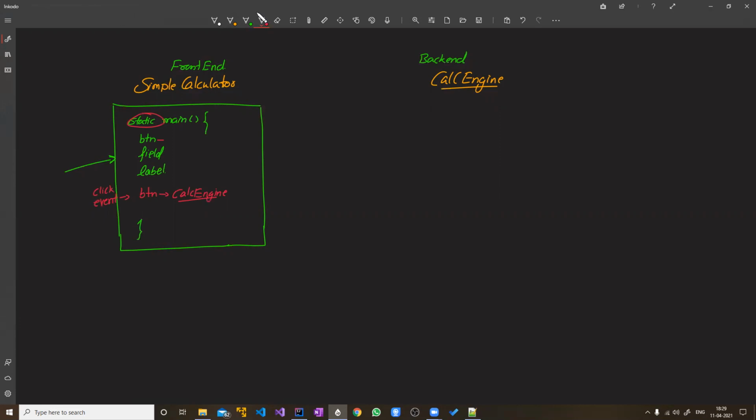So this calculator engine has what? It has, you can say, an event listener. So event listener is here. So when this button is clicked, that event listener is a function which is going to be called. How to establish this relation? So this is the point where we have established this relation.